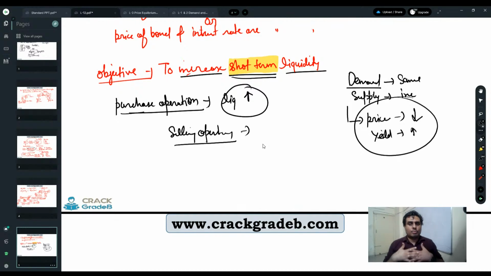But now the objective is to increase only short term liquidity. Only short term liquidity we want to increase. So what will RBI do? RBI will do both things simultaneously. At the same time, it is going to absorb all long term liquidity which is available there by using the selling operation. So automatically the space for short-term liquidity is going to be available, and then RBI will start purchasing the short-term liquidity and infuses the liquidity in the market. So in this way, only short-term liquidity is going to increase.